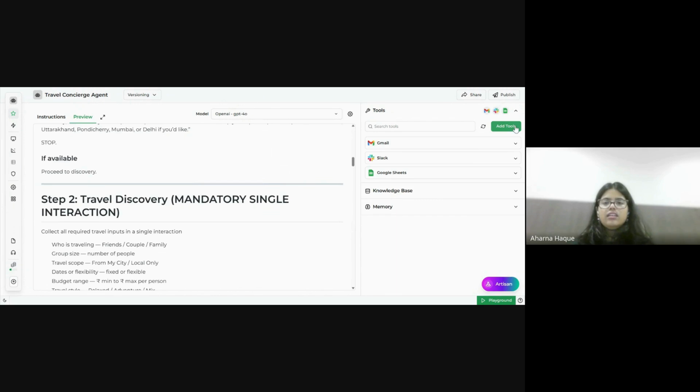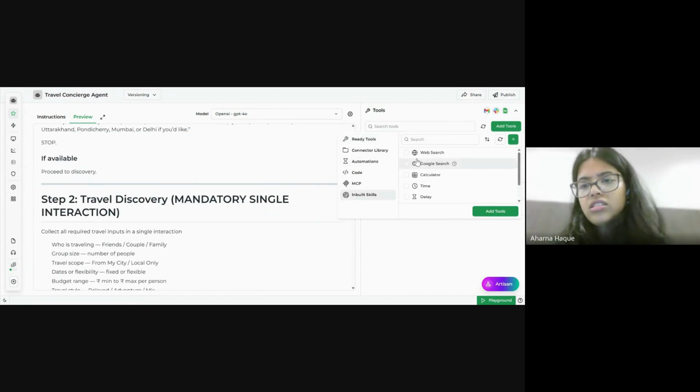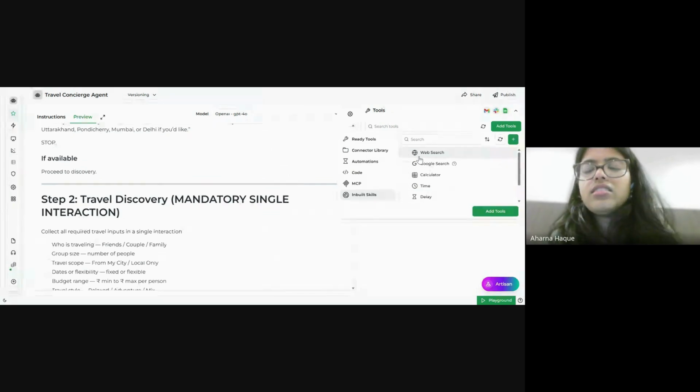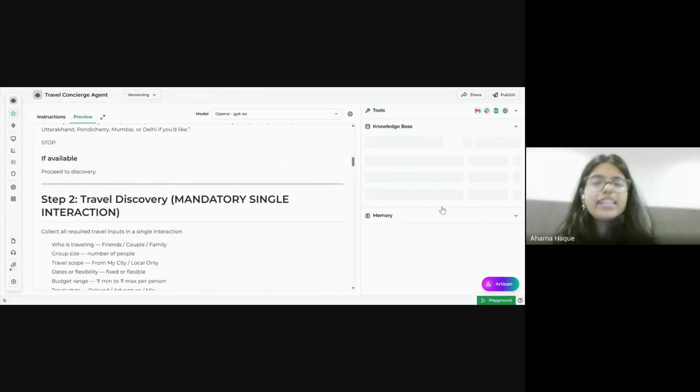And after that, you will select from inbuilt skills. From inbuilt skills, you can select web search or Google search if you want, but select any of the searches. So I'm going to select web search. Perfect. Okay. So now that we have equipped our tools with that,